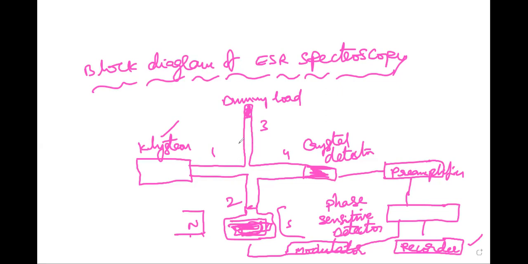Cavity and dummy load, that means arms 2 and 3. There will not be any power in the fourth arm. Power in the fourth arm will be there only when the bridge is not balanced. Thus, if the balance exists initially, no signal appears at the detector, and when the sample absorbs, there is no balance at the fourth one. The balancing of the bridge is lost and power appears in the fourth arm, resulting in ESR signals.